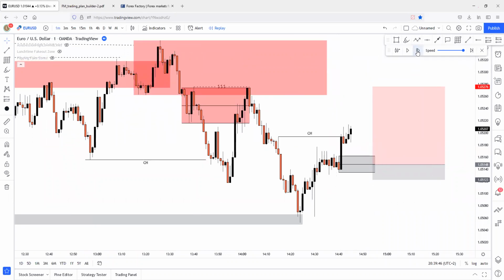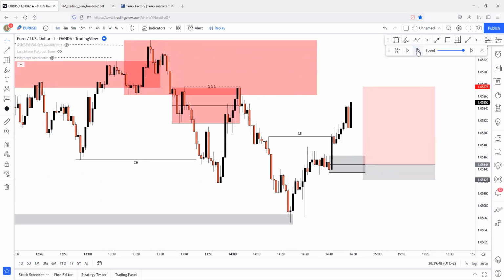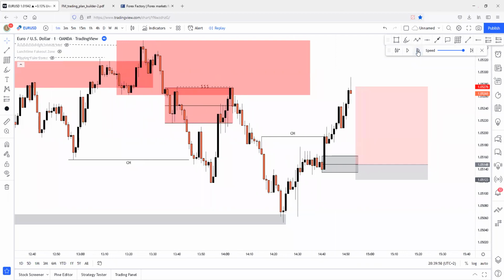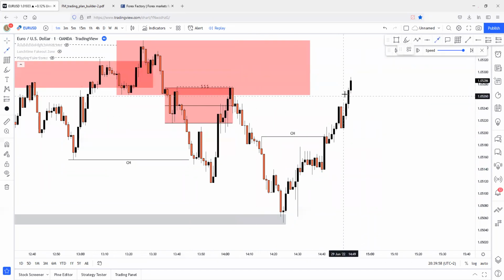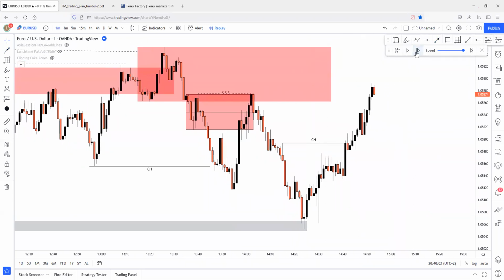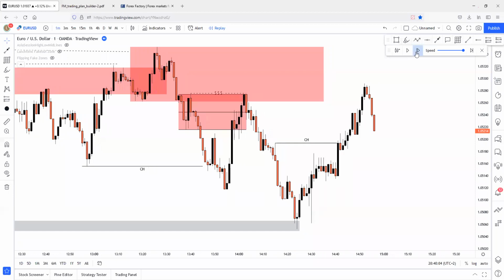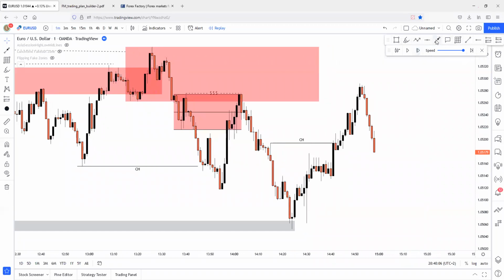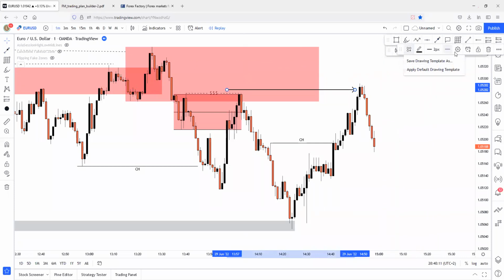So if price doesn't react on any kind of supply zone, and it's reacting, we are deleting the order. Price has just mitigated the higher time frame supply and just swept the liquidity. Liquidity has been swept, as you can see. Here's the sweep above the liquidity. And strong reversal has happened. As you can see, the liquidity has been swept into this supply zone, into the deeper region of this supply zone.